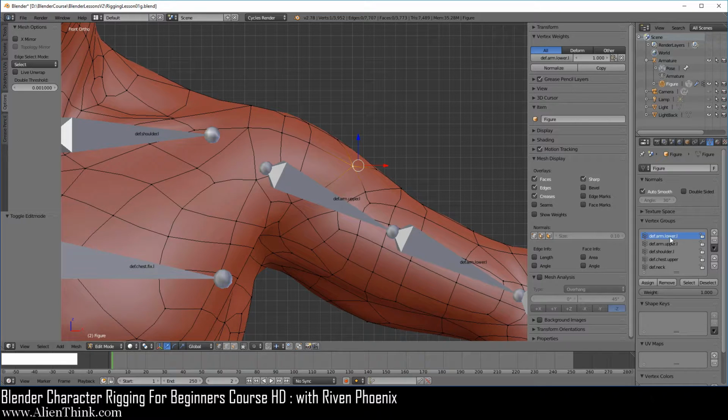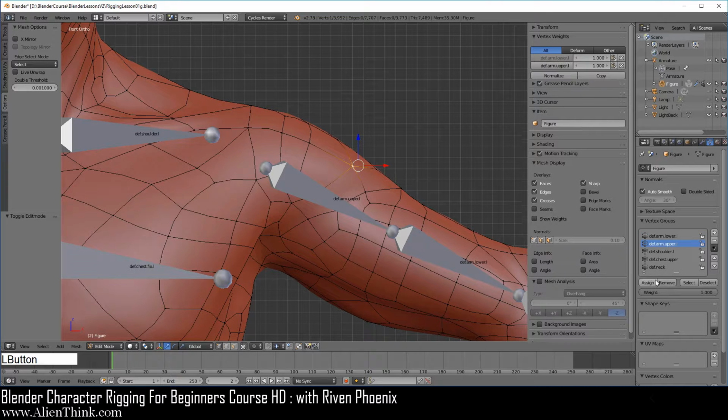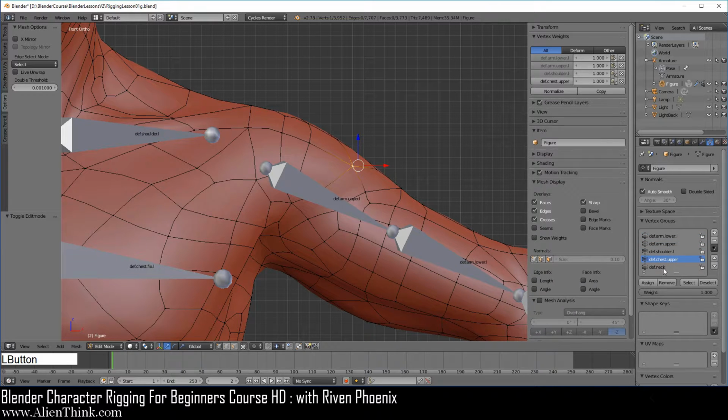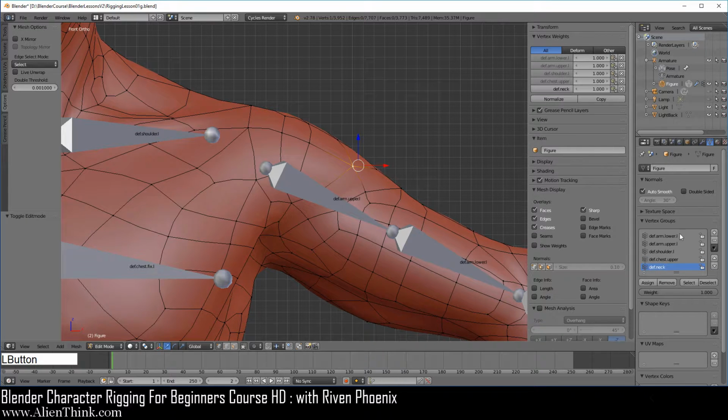Now when you assign a vertex group, if you actually assign all of these vertex groups to this over here, you'll notice that it's going to show up in the same exact order that is being displayed over here. Now, when you click on this, you'll notice that it's also switching over here. This means that you can click on the vertex groups over here and it'll also switch over here.